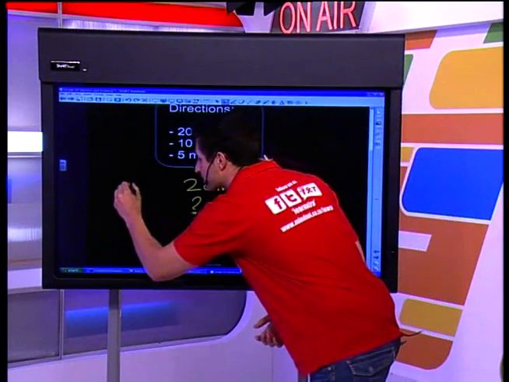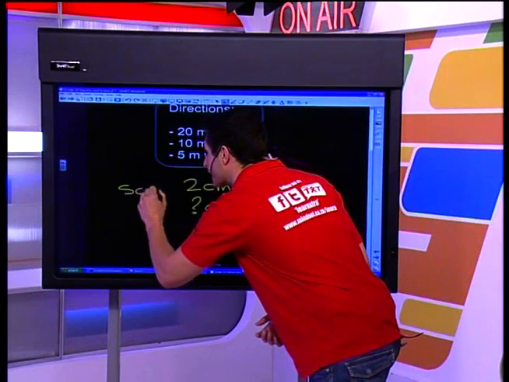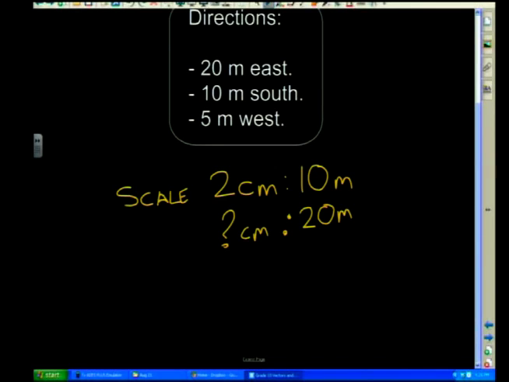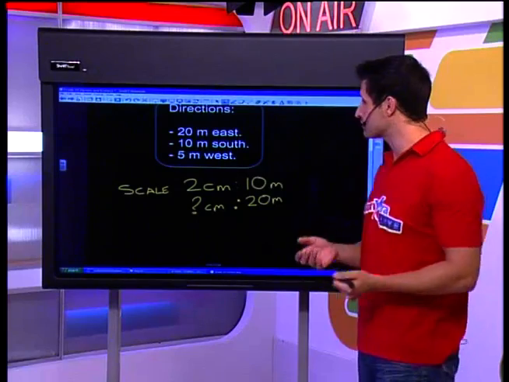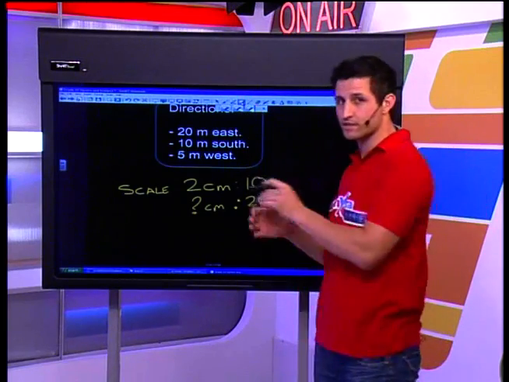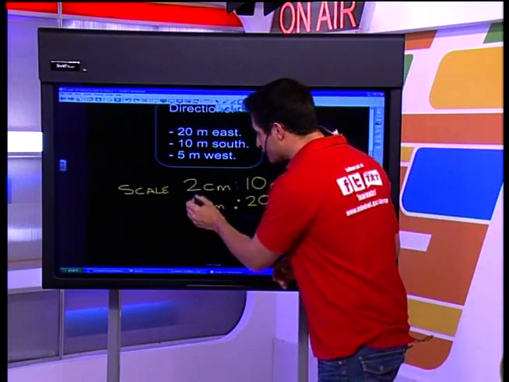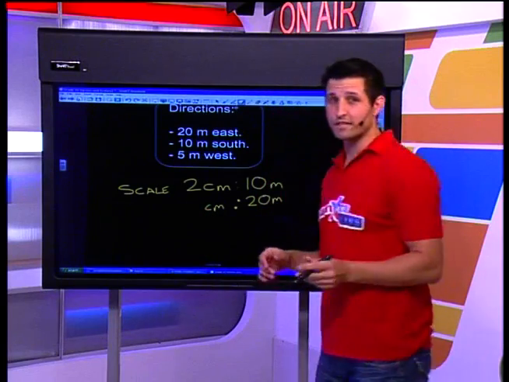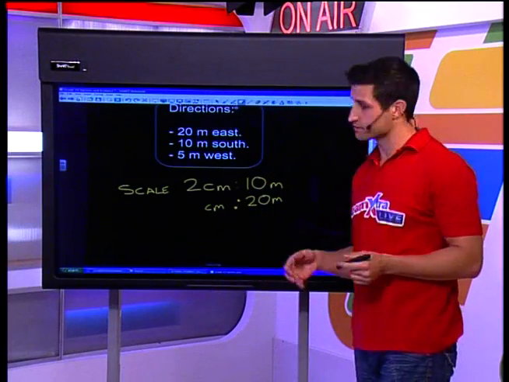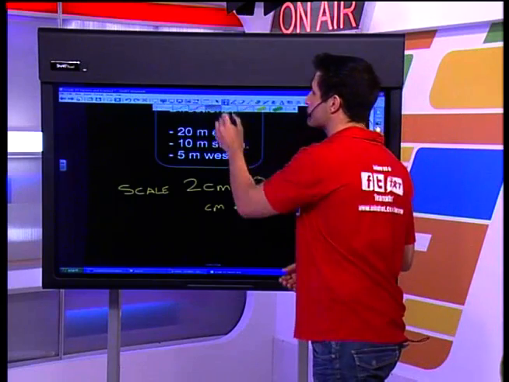So I've written out my scale over here, and I'm going to show you how to work with the scale properly, because for some reason I even struggled with this in high school. It just didn't make a lot of sense. I've chosen a very easy scale, so some of you might be saying, why is he using this very complicated method? Scales aren't always that easy. Any of the geographers out there, if you're reading maps, you've got to know how to do scales. Okay, now this is how this method works.